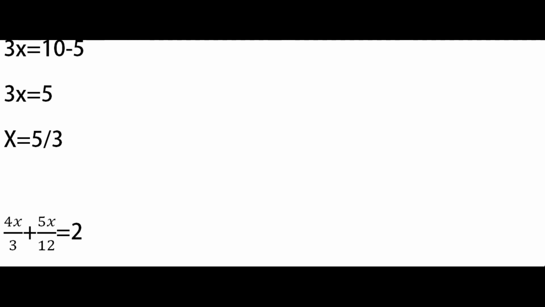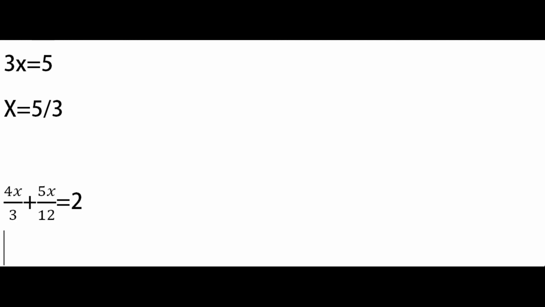How do we have to proceed with this kind of sum? Here I can see the numbers are in the form of fractions. Now what is a fraction? A fraction is a number represented in the form of numerator and denominator. You have one number written on the top and the other at the bottom with a division sign in between them. Here at the top we have 4x and at the bottom I have 3 with a division sign. So this is a fraction and the numerator is 4x, the denominator is 3. In the other case the numerator is 5x and the denominator is 12.